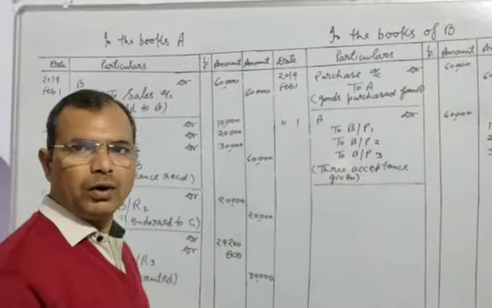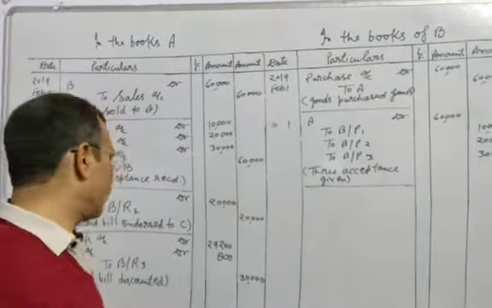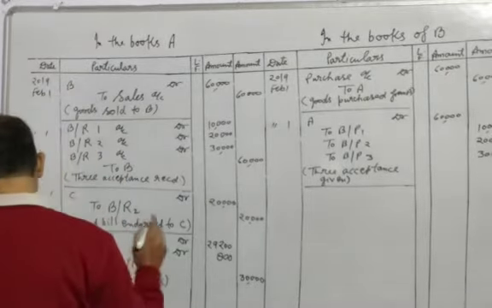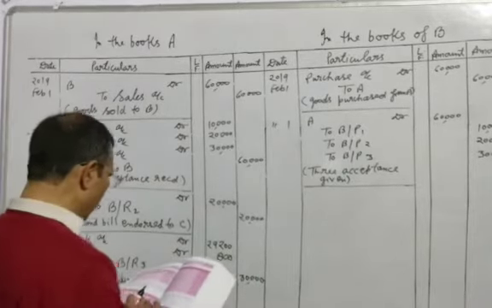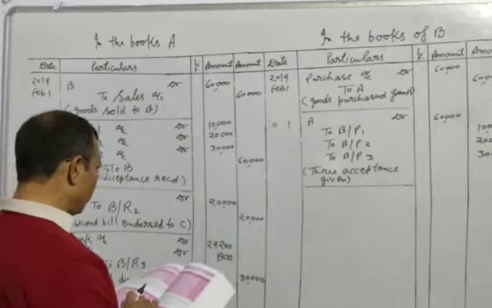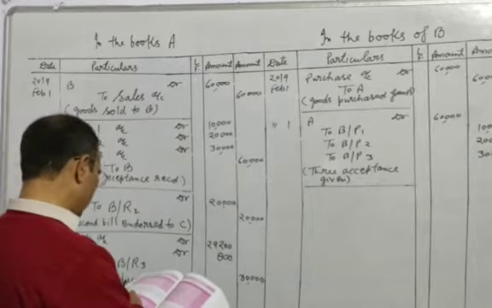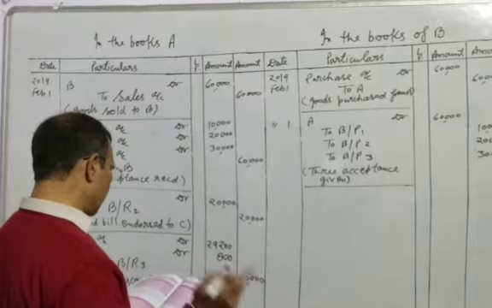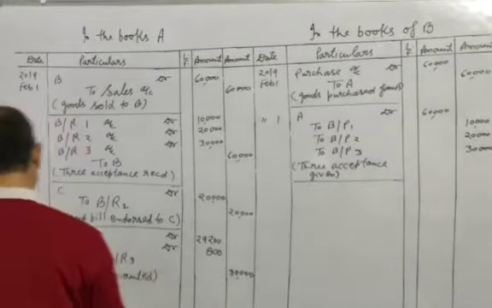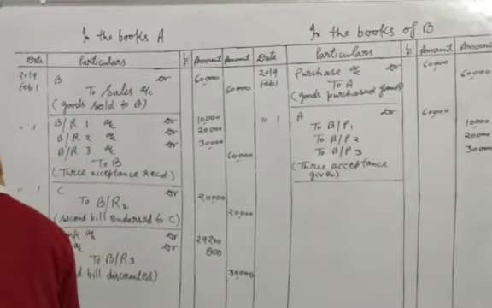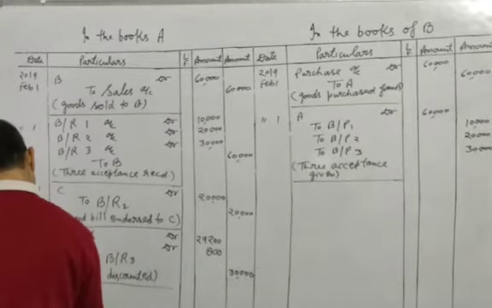As you know, the first bill was retained by A. So A will get the payment of the first bill. What would be the entry? We will write here the date of maturity. Because the first bill was of 30 days, we will add here from 1st February, count 30 days, and after counting 30 days we will add the 3 grace days, and the date would come March 6, and A will get the payment.